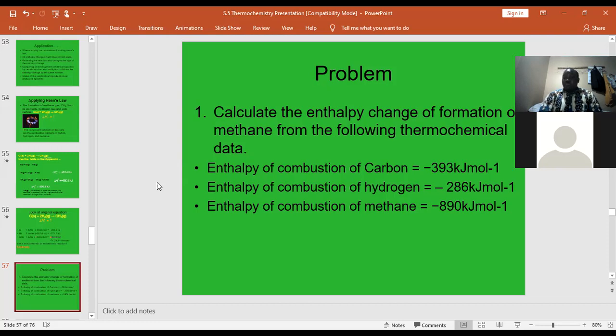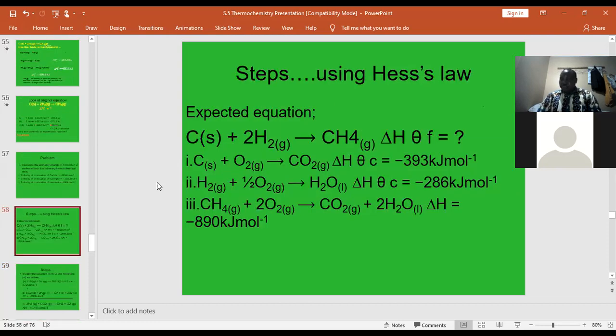The equation we should have is carbon plus hydrogen giving us methane. Now we have the steps that we are expected to use. The first one, we are looking at the enthalpy of combustion of carbon, which is